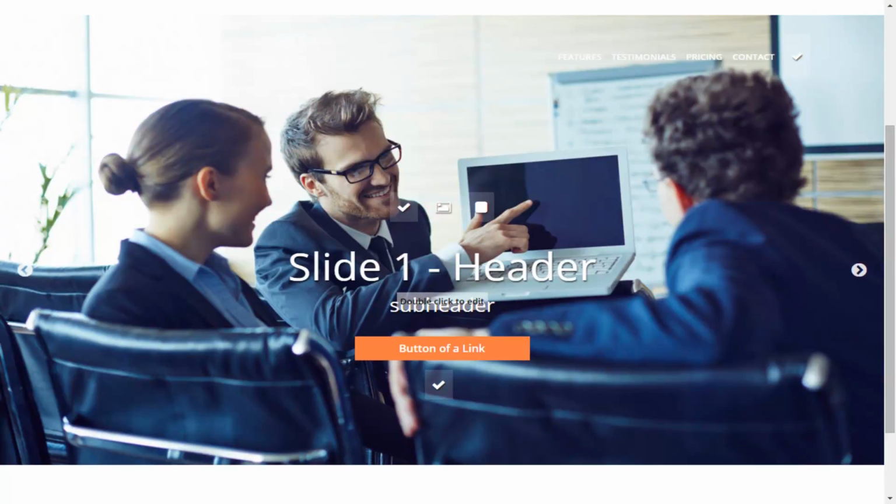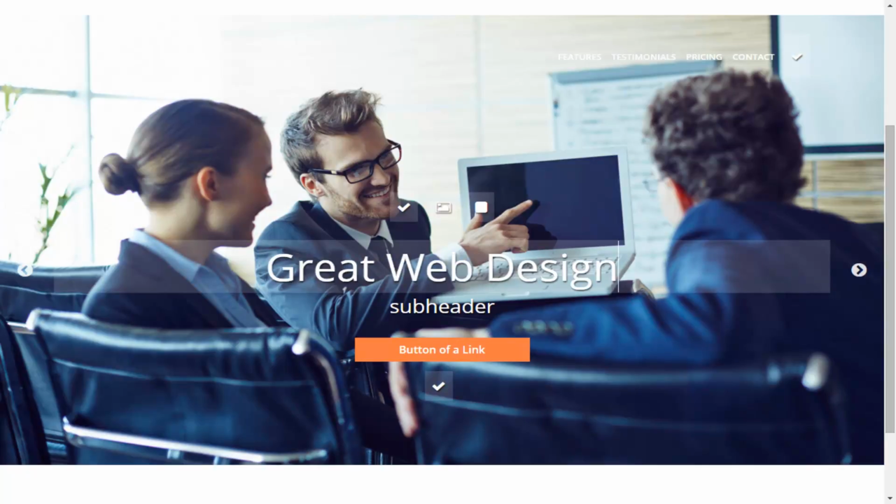If you go down a little bit, you'll see there is some writing. The writing that says Slide 1 Header is actually text that you can change. All you have to do is double click right on top of that text in order to write in there what you want to have. In this particular case, we're going to put some verbiage in there. Once you've completed, you'll double click the same area